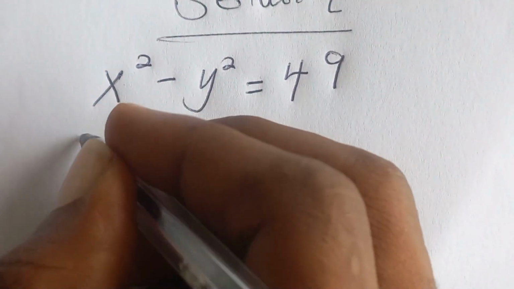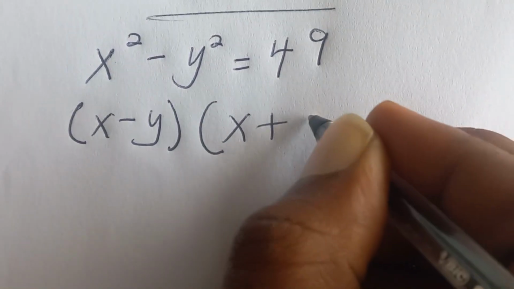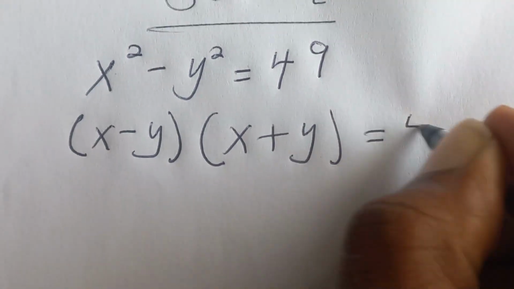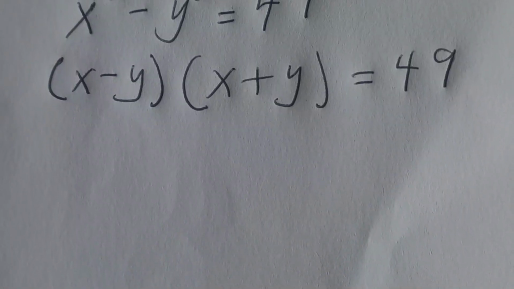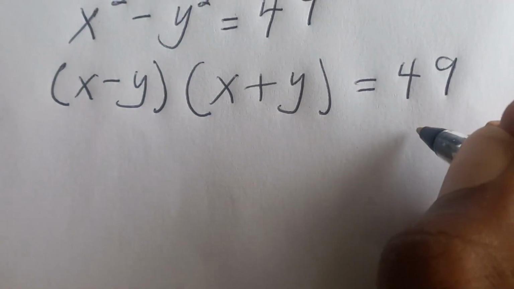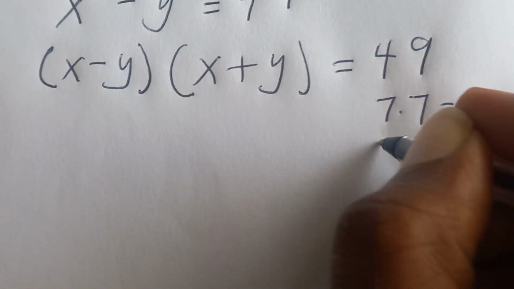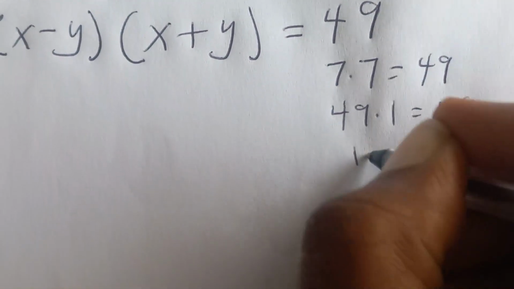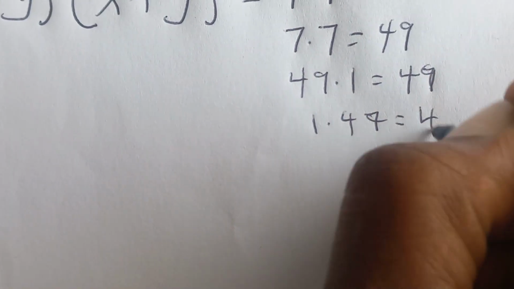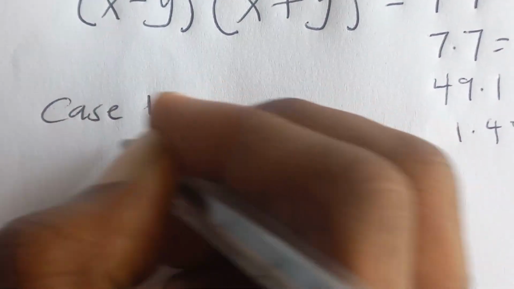So this we can express as (x minus y)(x plus y) equal to 49. And let's look for the factors. So factors of 49, we can get 7 times 7, which is 49. We can get 49 times 1, which is also 49, and then 1 times 49, which is also 49. So in this equation, we are going to get case 1 as